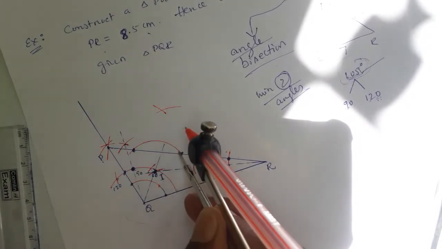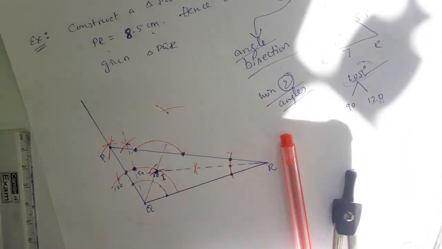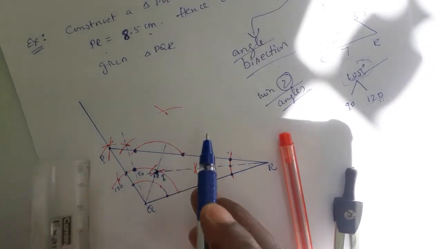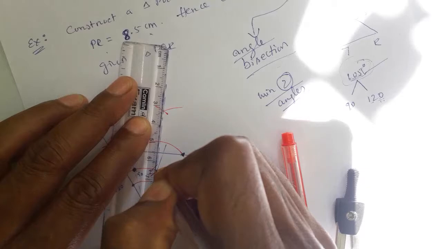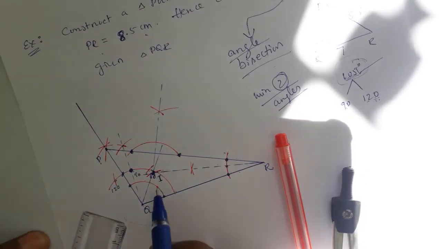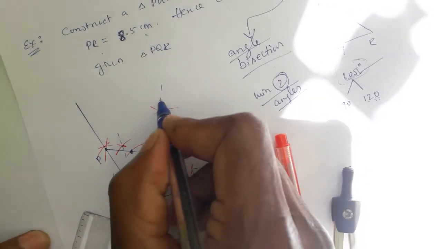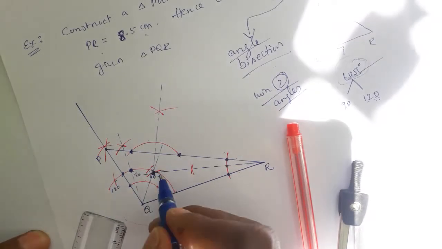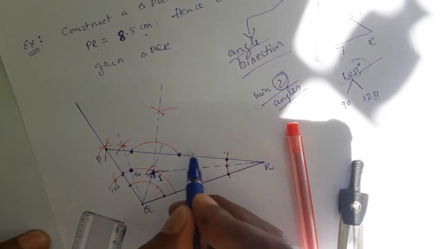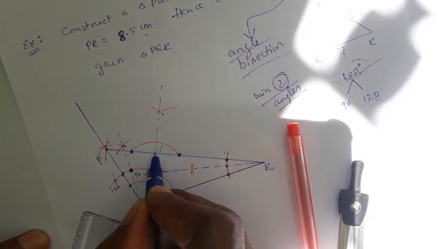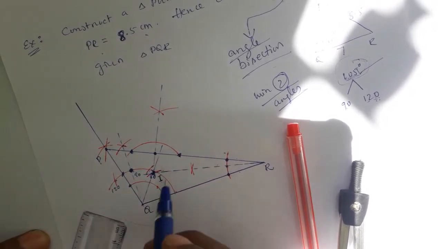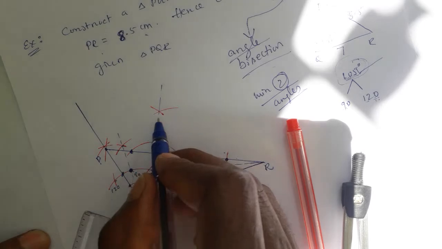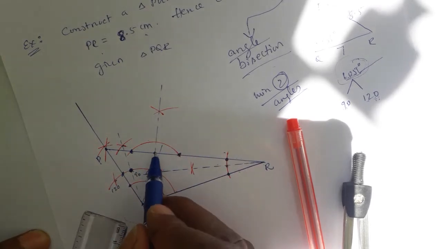At these 2 points, again keep your compass and mark 2 arcs. So now I and that meeting point are joined, again by a dotted line, like this. Now this line meets PR here. To get this point only, we did this extra construction. After the two angle bisections, I did this extra construction to get this point.